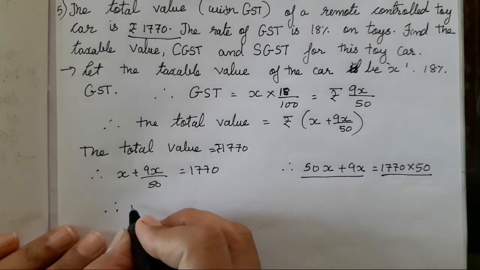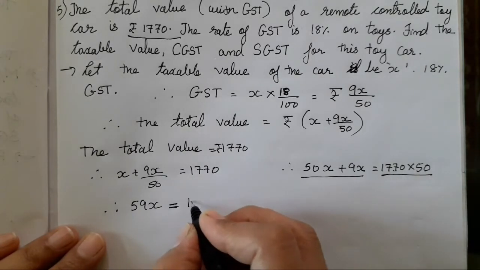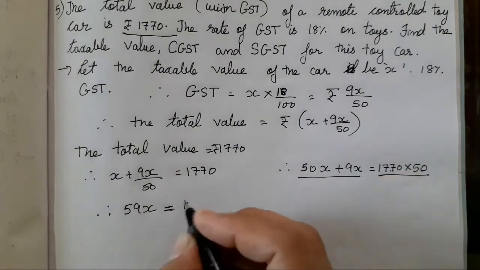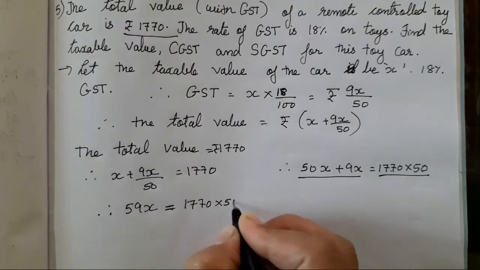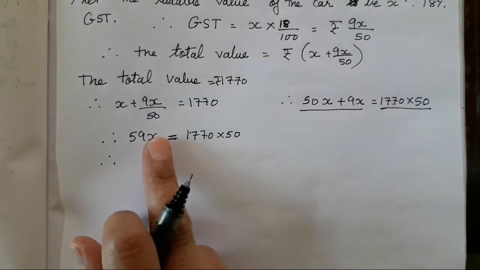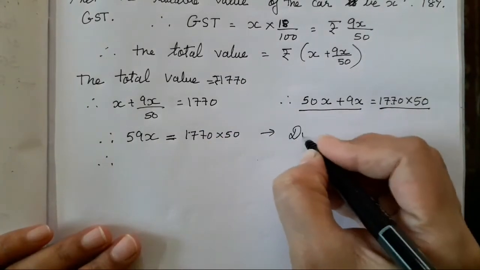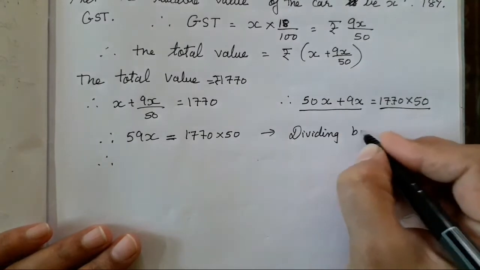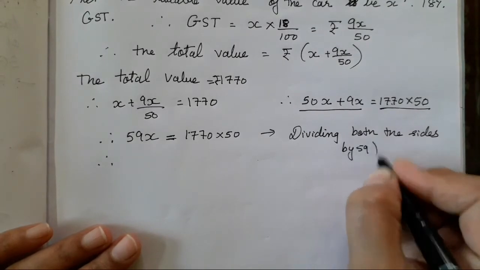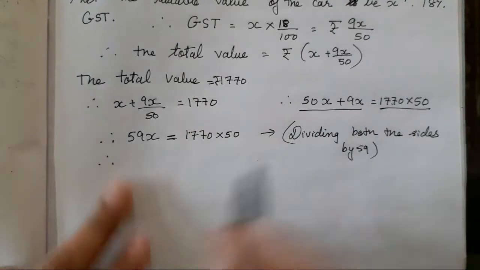50x plus 9x is going to be 59x. Multiply this, your answer is going to be... we will not multiply it, we will keep it as it is. Why are we keeping it? You all can multiply it, but we will keep it as it is so that we can get a shortcut. Now we can reduce it, divide both the sides by 59. Okay, so you all can write the step over here, dividing both the sides by 59. You all can multiply also, but the answer will come big. Then again you all have to divide. The answer is going to come the same, but this is the shortcut, you all can say.